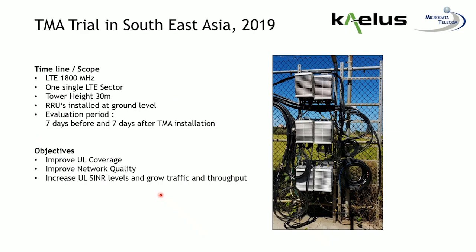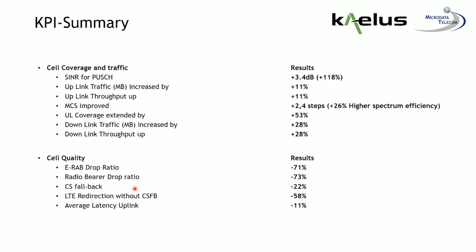Now, that was still theory, and now an example from Asia, an installation and live performance. This is done with RUs, Nokia RUs moved down to ground level for serviceability and the reasons of a weak tower. The objective was to improve uplink coverage, improve network quality, that is mainly the KPIs, and increase the uplink scenario to be able to grow traffic. The KPI summary